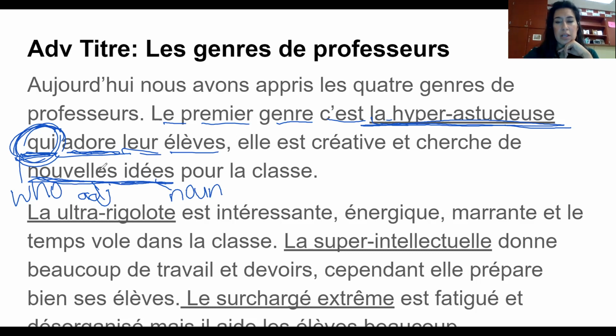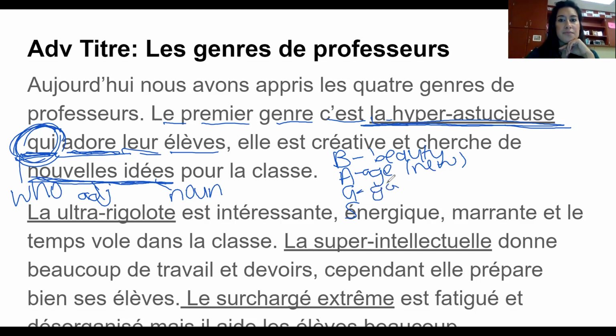So real quick grammar teach, BAGS. If you remember this acronym, these adjectives always come before the noun. Any adjectives that describe beauty, describe age. So new is an age category: new, old, young. Goodness: bien, mauvais.